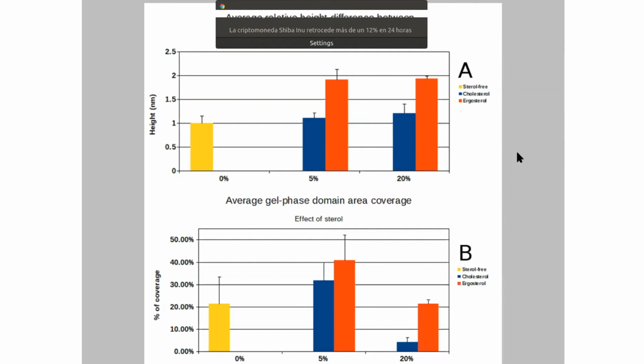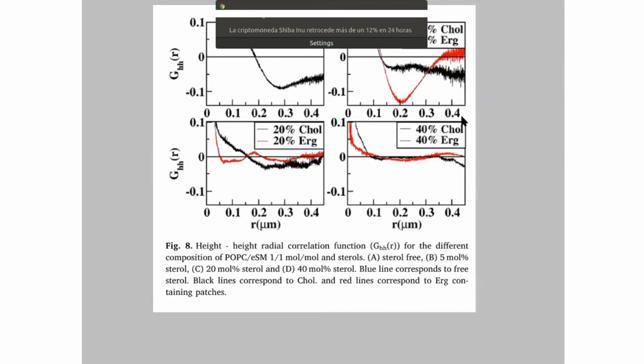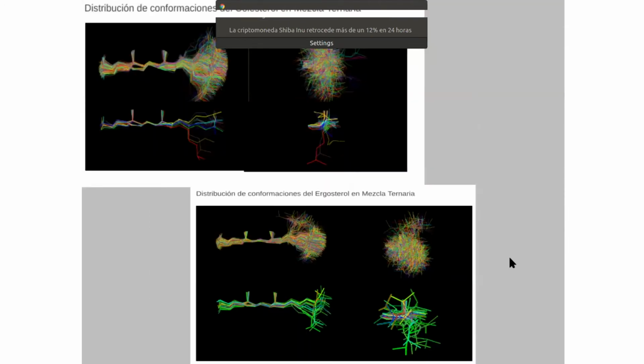So we would like to go now, and also doing the same thing, the height correlation function, we see that these are applied to the atomic force results. And we see that there are domains, but those domains are different for ergosterol and cholesterol. So we have an observation that we expect to reproduce by molecular dynamics. But